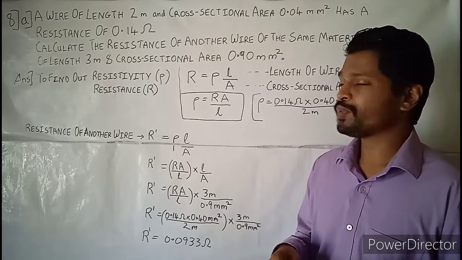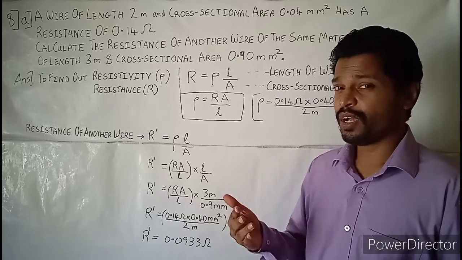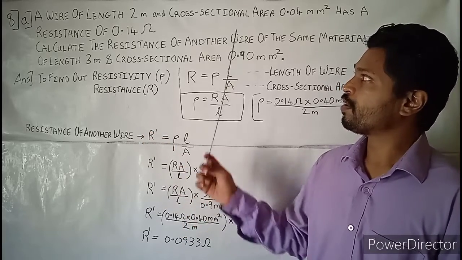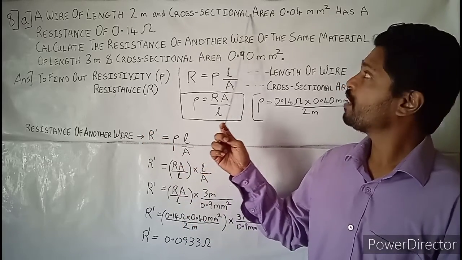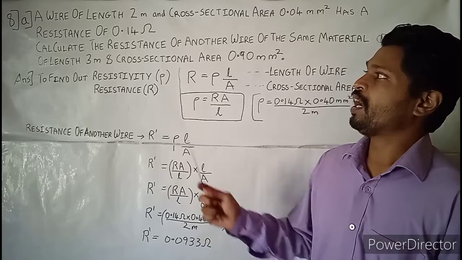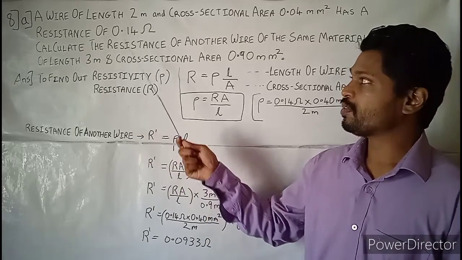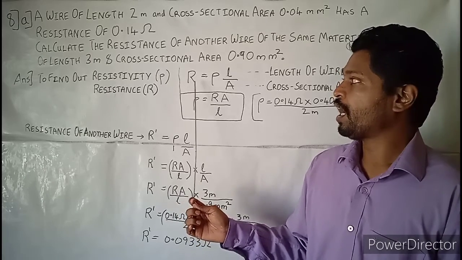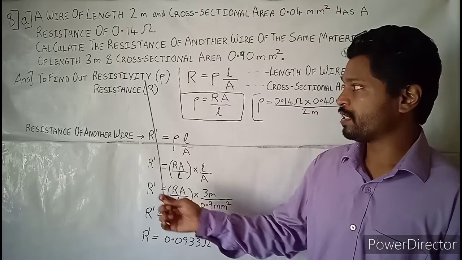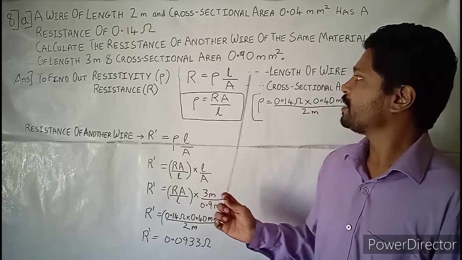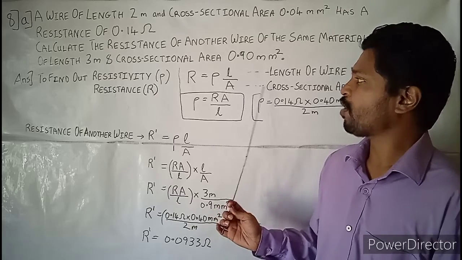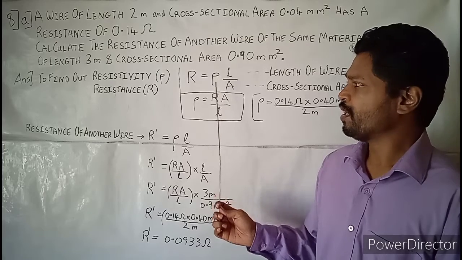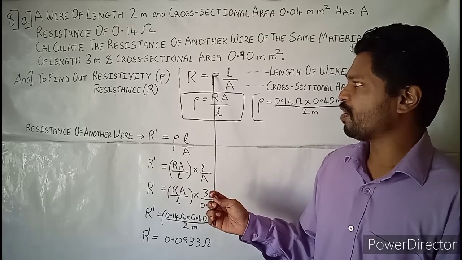So firstly we will be substituting what all things are given in the first wire. We have been given length L. Then we have been given capital A, already given, and the resistance in the first wire also they have given. So you can easily substitute in this formula. R is the resistance, rho is the resistivity, L is the length of the wire, A is the cross section area. The only thing which has not been given is resistivity. So we will be taking resistivity on this side itself.